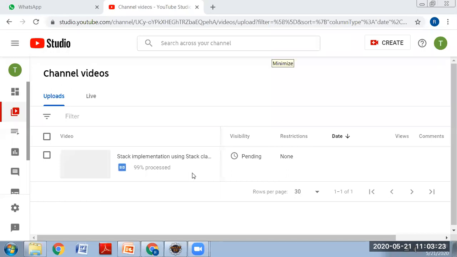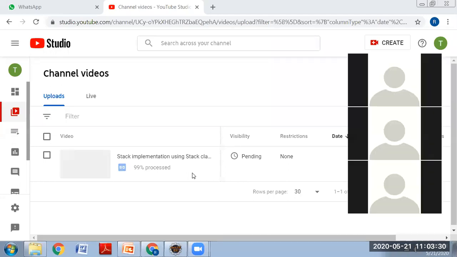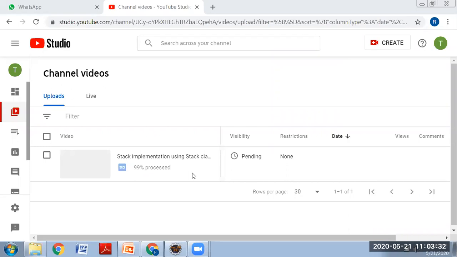Guys, is the screen visible to you or not? Okay, guys, today we will see another small topic called sets.